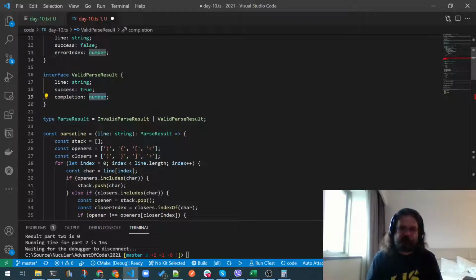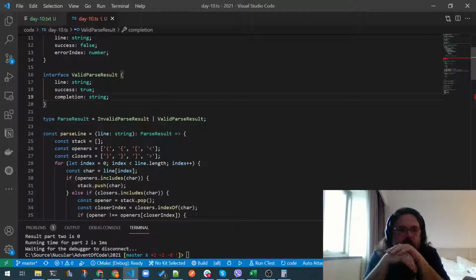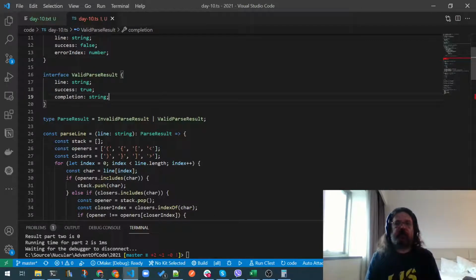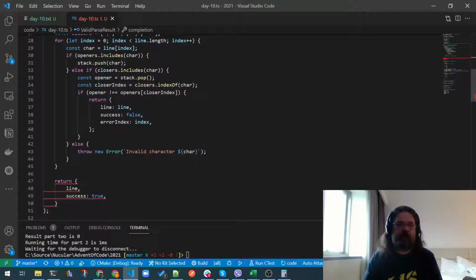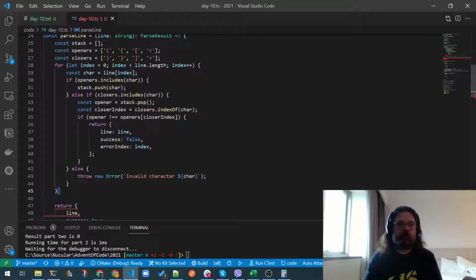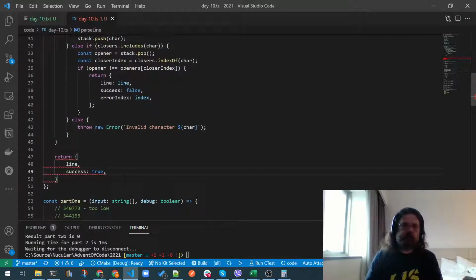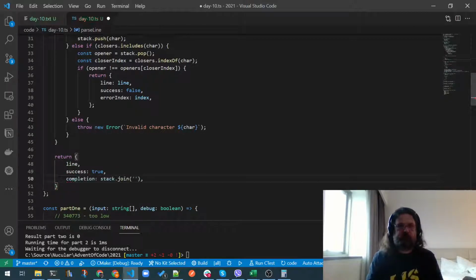That's going to be a string. So basically what is left on the stack when we are done is what we actually need. So we're just going to add everything on the stack as the completion, but we're not going to do it this way because